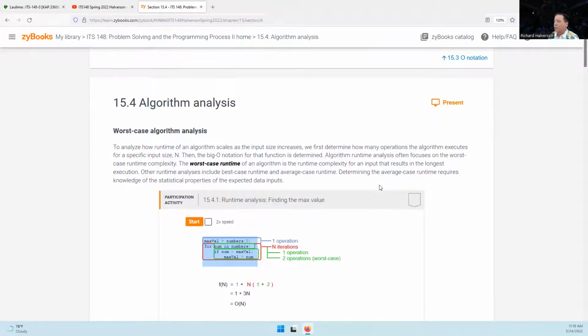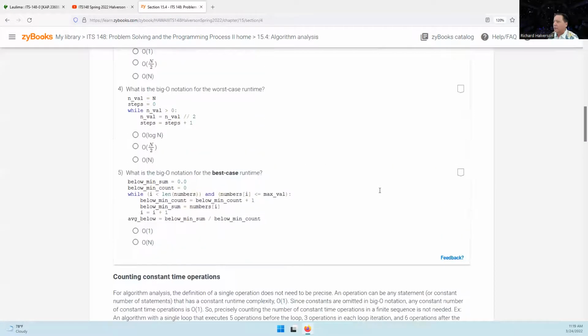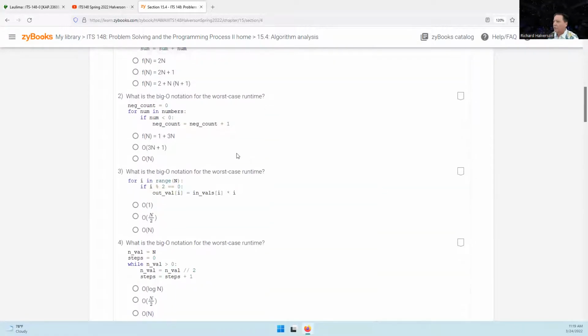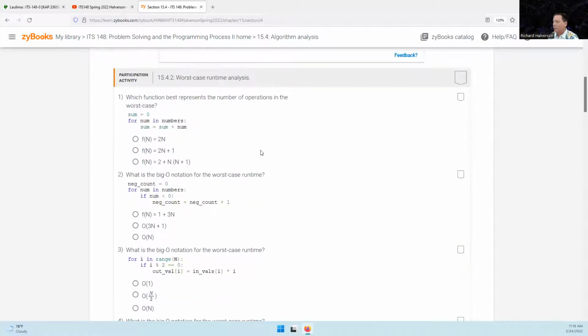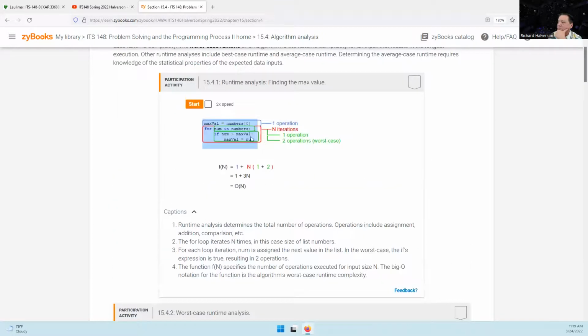Here we talk about worst case and, I guess, average case. So here it's pretty easy to figure out. You just do the worst case. You look at it, figure out the worst case. So yes, and something like